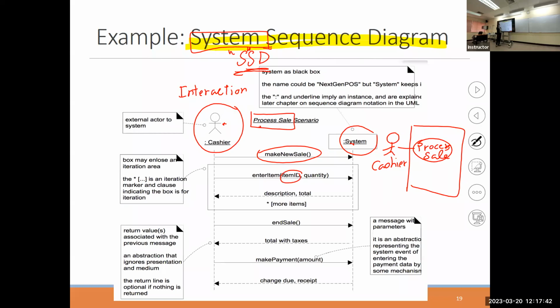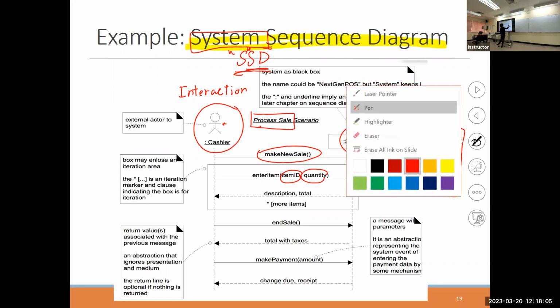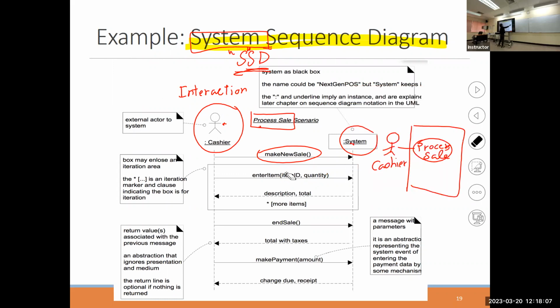and then start to enter item ID and quantity. Of course, entering item ID could be through the barcode reader, it doesn't need to be typed in, right? But this is how the command or communication is sent to the system. The real communication would be in a form of method